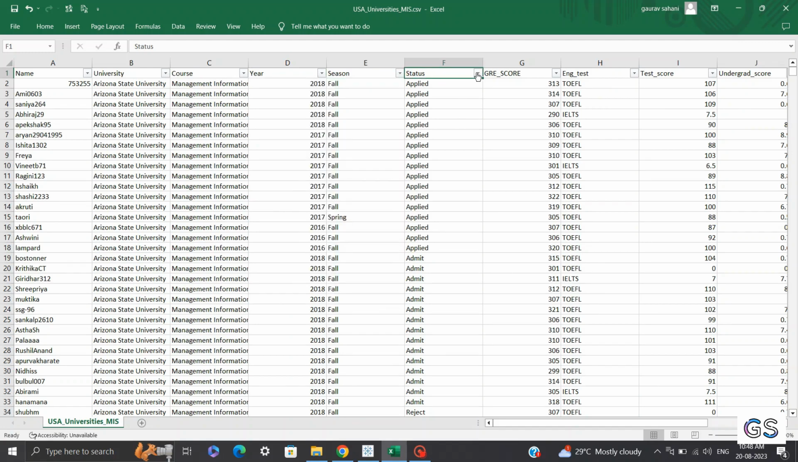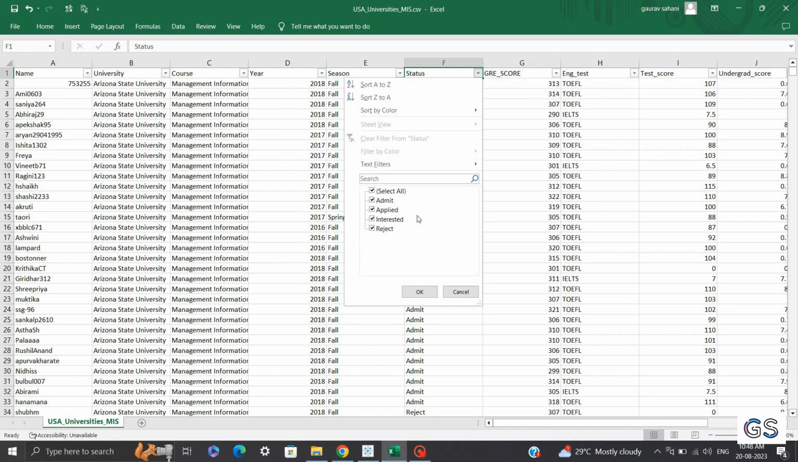Then we have status. We have four statuses: admitted, applied, interested, and rejected. If a particular candidate has applied to a course by sending some token amount, this could be coming as applied. If a candidate has been admitted by a university, we have the status admit. If a candidate has been rejected, this could be the status rejected. And we have interested. So let's say you're confused between 4 to 5 universities delivering the same course. So you can just click on an option which states interested. So this will notify the universities that you're interested and they could share more details about the course